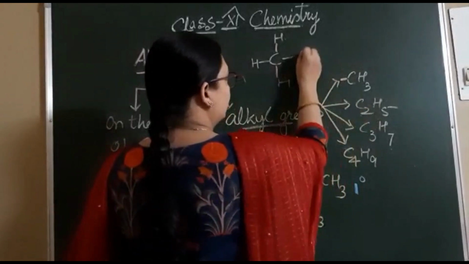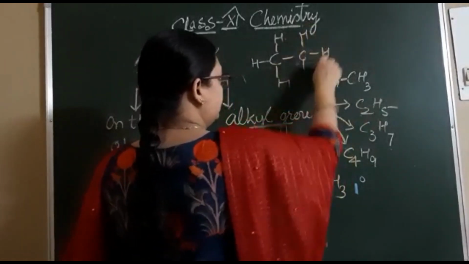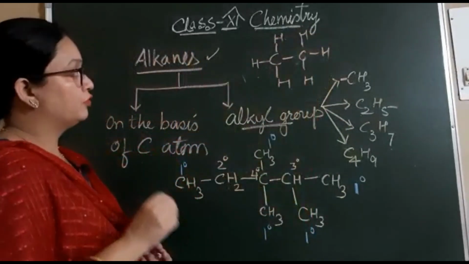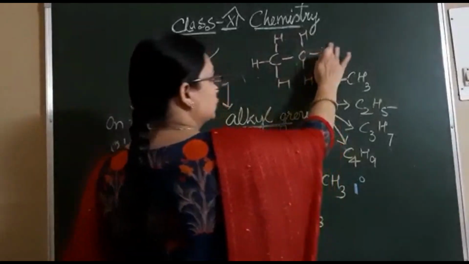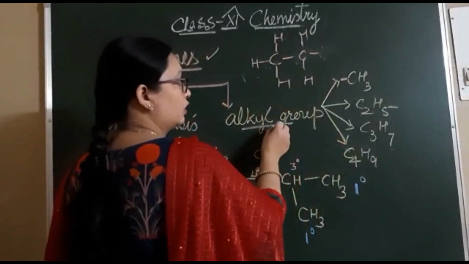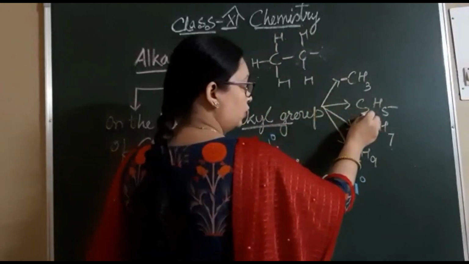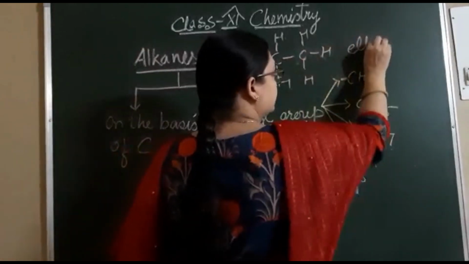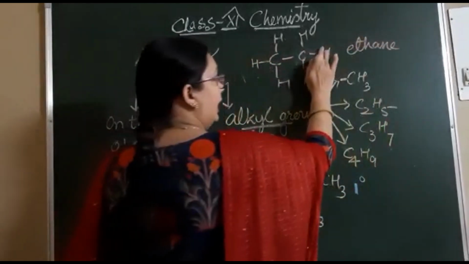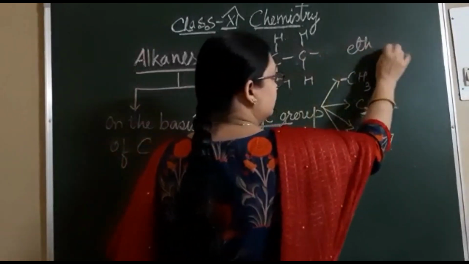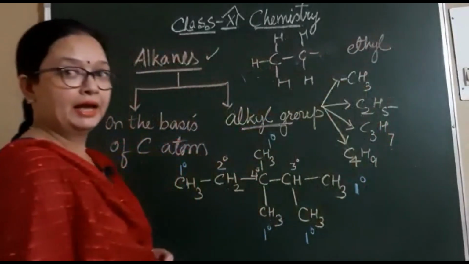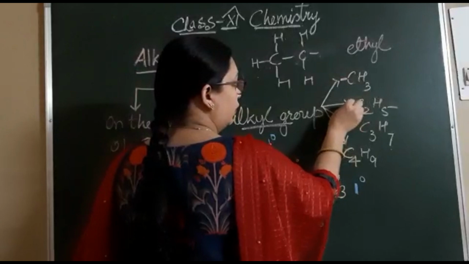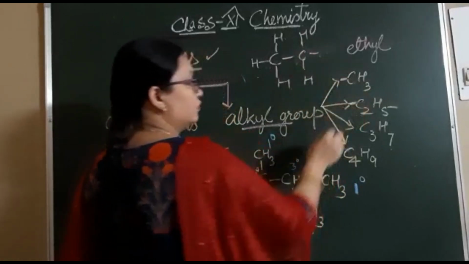Similarly, if we consider 2 carbon atoms, then what happens? If there are 2 carbon atoms, the total number of hydrogens should be 6. To form new compounds, one of the hydrogens should be removed. The group which is created is called the alkyl group. Now this alkyl group is called ethyl, because when hydrogen is joined here, it is called ethane. When the hydrogen is removed, the A and E are removed and YL is added. So that means C2H5, and a bond is there. That means a new group will be added here.